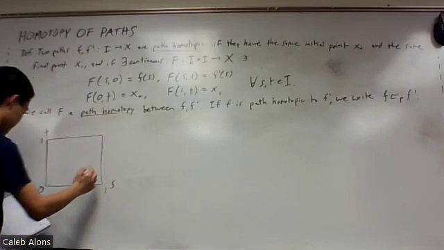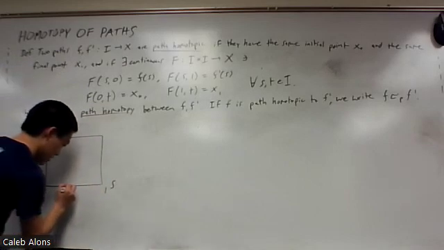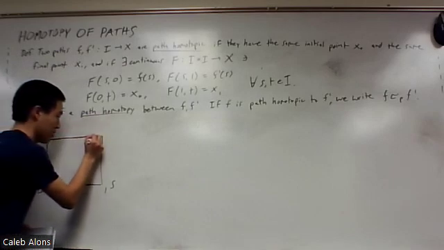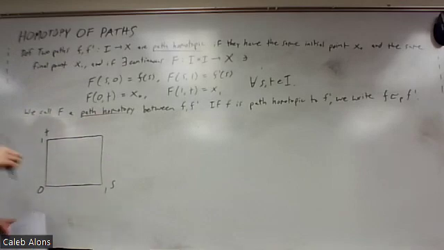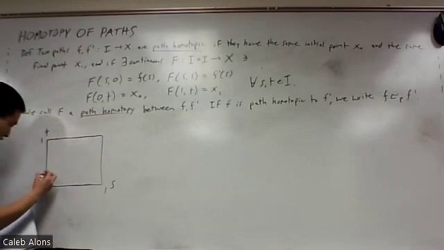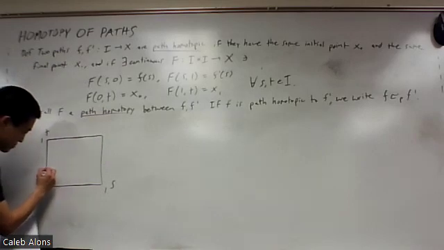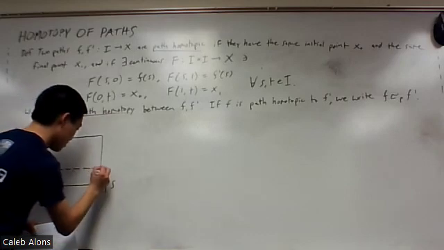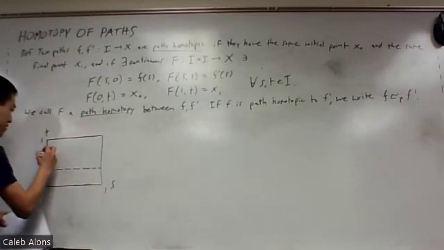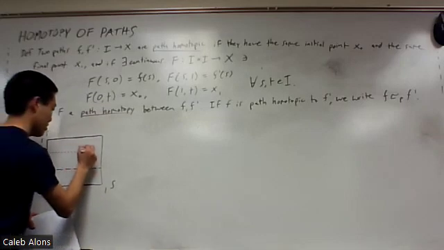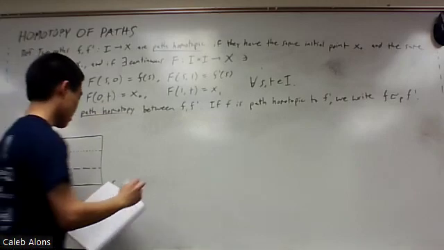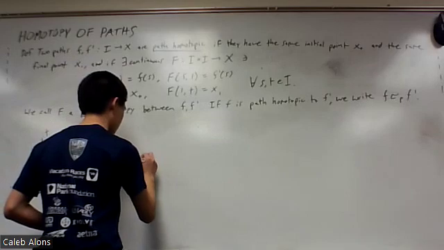What's going on in here is, if I take that baseline and travel across here when I haven't done anything, that's the first, so this is f. And then as I travel along up here, that's where I'm supposed to end up when I'm performing the homotopy. And in the middle, there's a bunch of other stuff as I go across. So maybe at 1/3, I have some sort of path that goes here, and then maybe I have another one. So this is 1/3, 2/3. And so what the path homotopy is doing